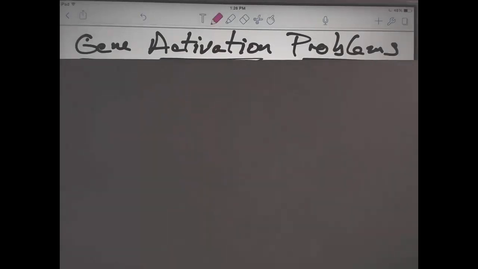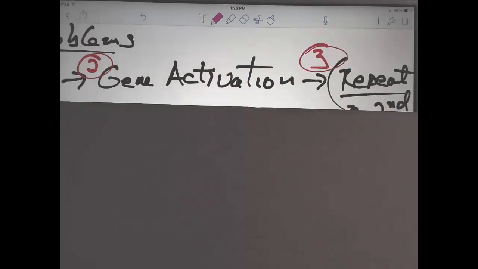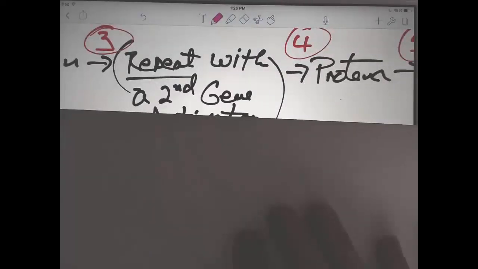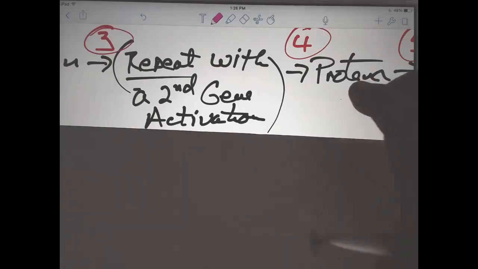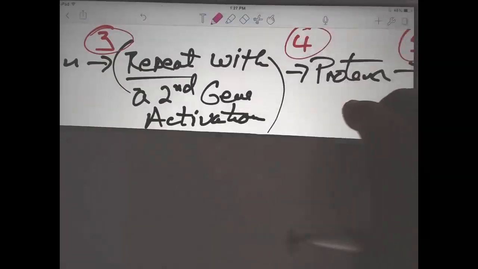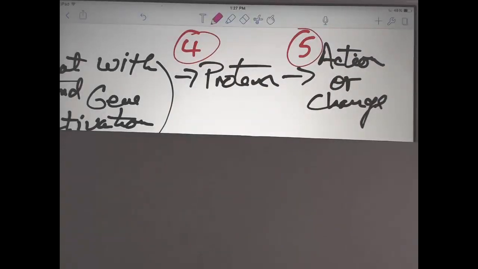How do you solve gene activation problems? When there's a gene activation problem, you start with some event in the environment, which could be heat or light or a chemical signal. Then somehow that has to result in gene activation inside a cell. There may be multiple stages of gene activation. You might repeat it with a second gene or even a third gene. Each gene activation results in some protein being produced, and then eventually that final protein causes an action or a